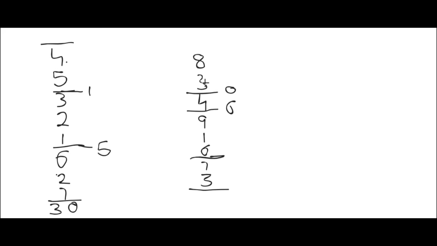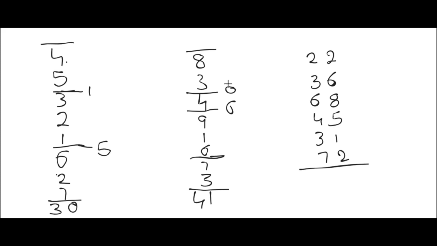And 3 plus 8, 11. It is more than 10. So we need to mark here and that 1 should be written in the units place. And for the tens place, we need to count the lines and write it there. How many lines did we get? 1, 2, 3, 4. So 4 we need to write in the tens place. Okay. See how within seconds we got the answer.